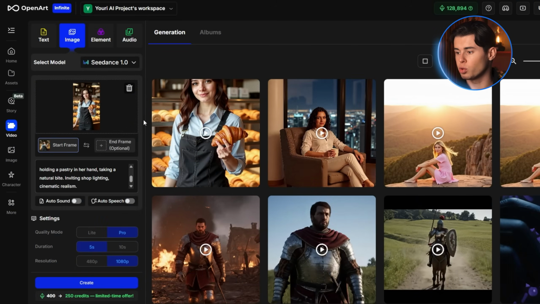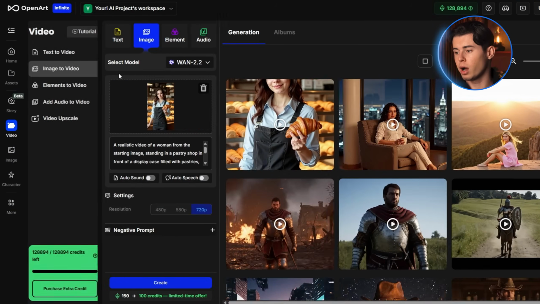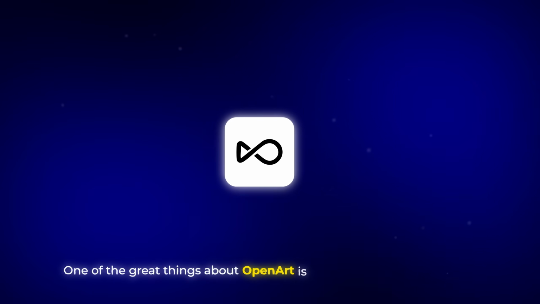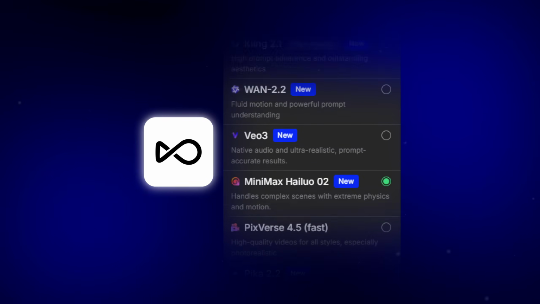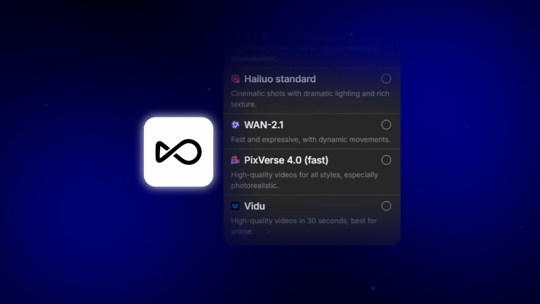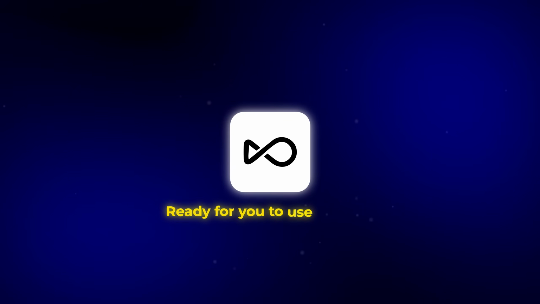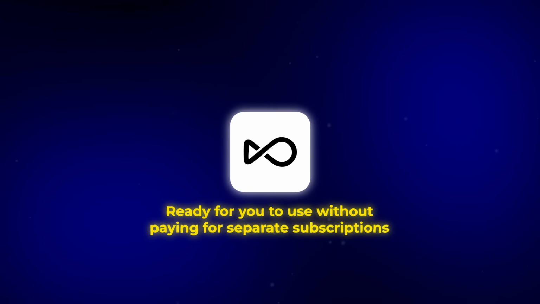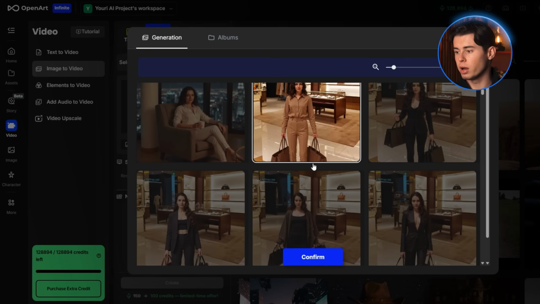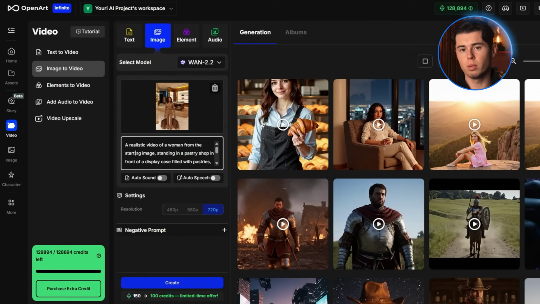Finally, let's try one of the newest models added to OpenArt called Wan. One of the great things about OpenArt is that it's constantly updated. Whenever a new high-quality AI model is released, it's usually added right away, ready for you to use without paying for separate subscriptions. For this example, I'll take the Louis Vuitton store image we generated earlier and write this prompt: